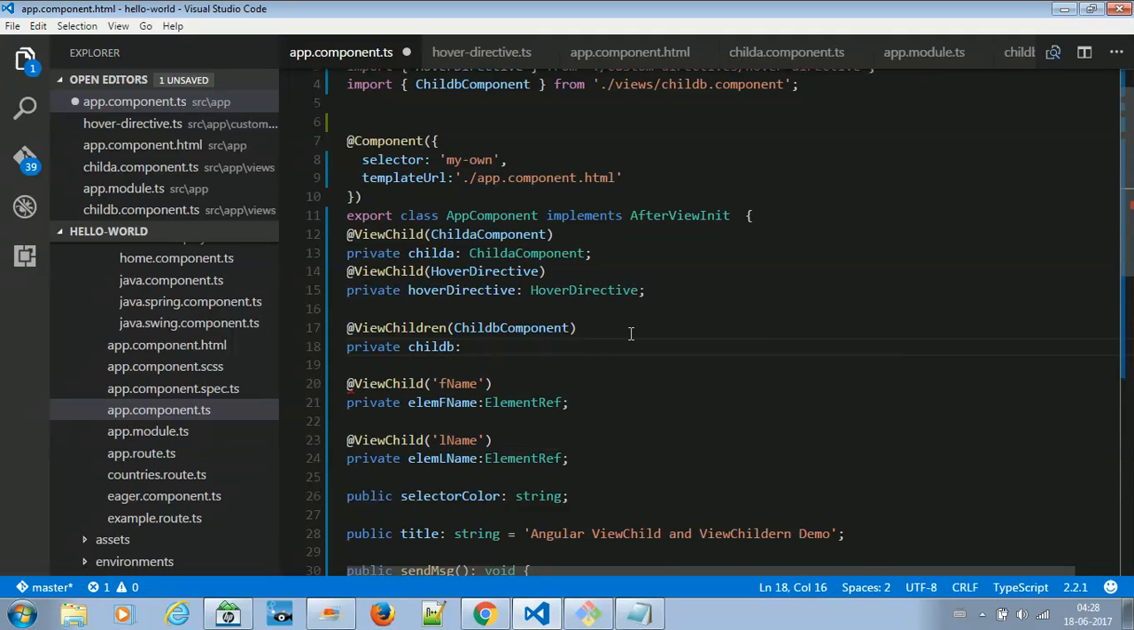Okay, colon child B component. This is a type child B component. Okay, fine. So this is it. And now,